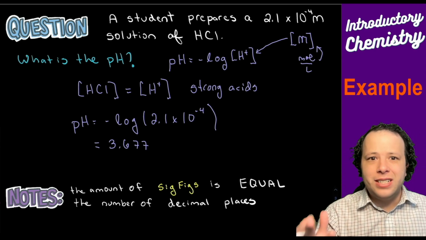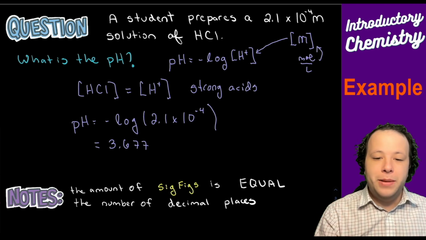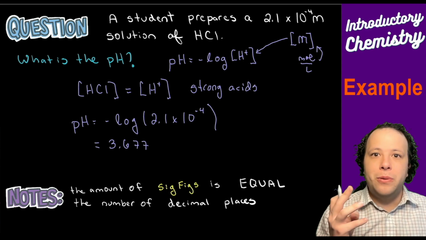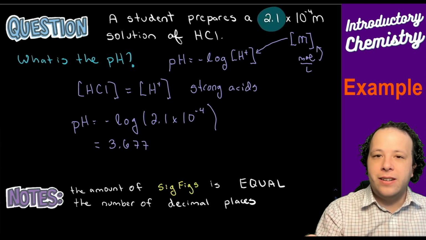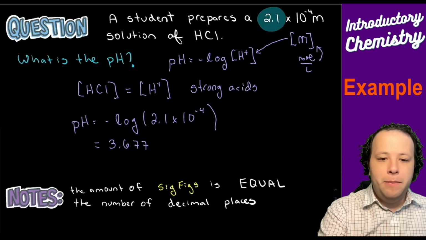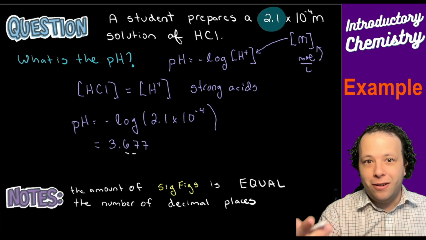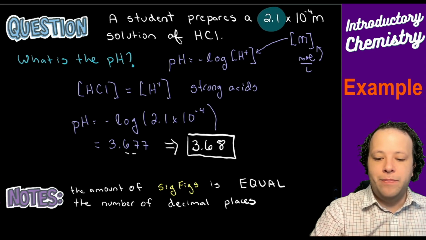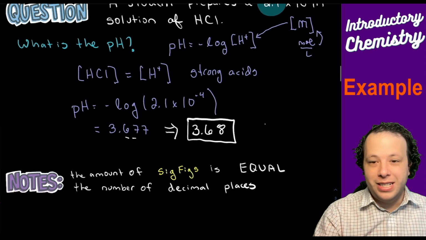Now, how do we do sig figs? Well, sig figs is always something we have to make sure we are accurate about in the lab. So when it comes to the amount of sig figs, it's equal to the number of decimal places in your pH value, and also what you had in your original number. So if in the original calculation we had 2 sig figs, that means we are also going to have 2 decimal places in our pH value. So when we convert this, it becomes 3.68 as our final one. So it's all about the decimal places when it comes to significant figures for these examples.